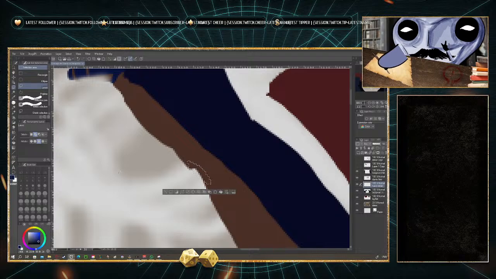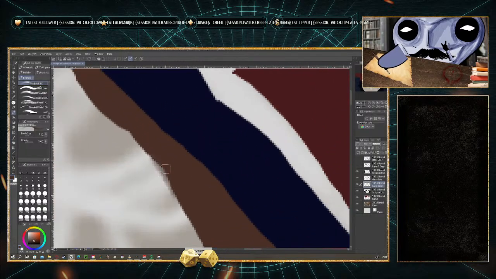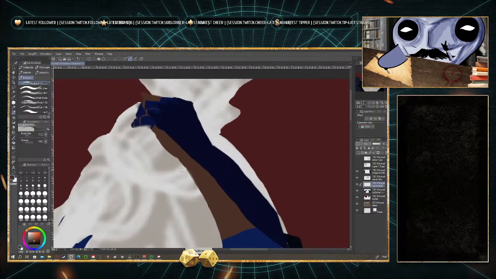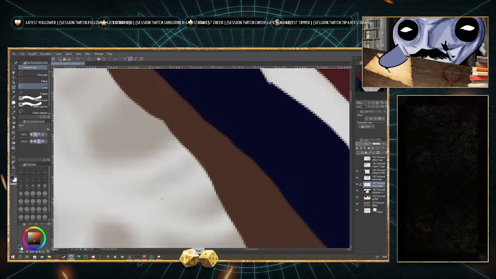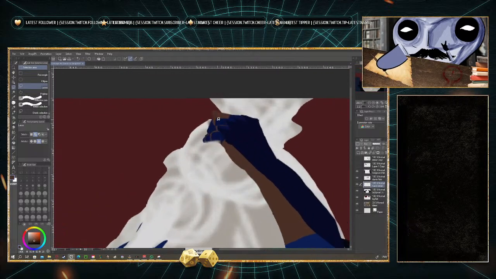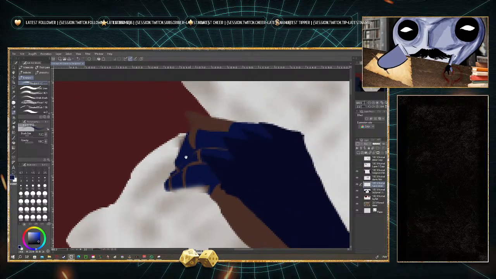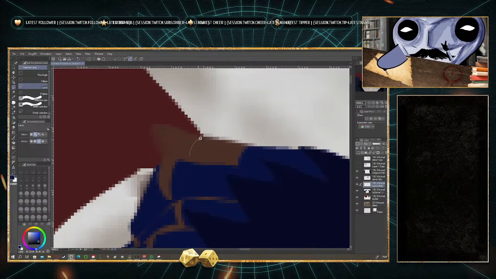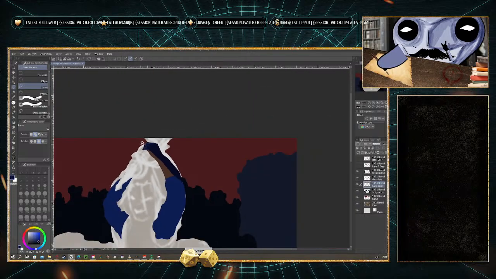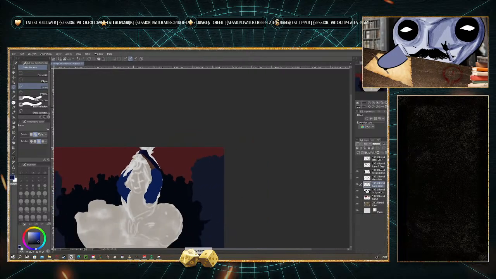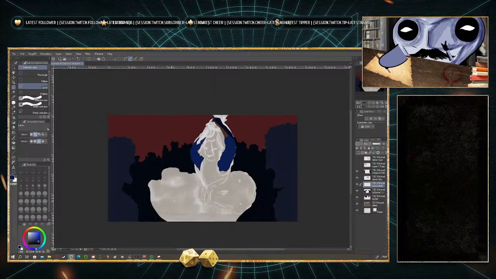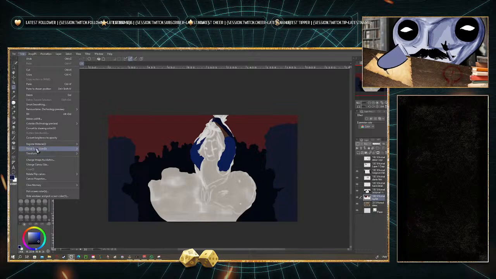And also smooth this out. Now for his index finger, do the same again. I can make this